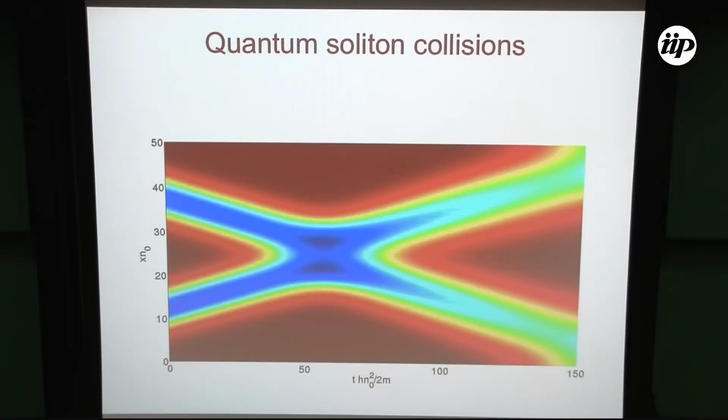Okay, so last but not least, I just want to show that we can also use the same technique to study soliton collisions. So again, this is full solutions of an interacting system with, I think in this case, 50 particles from the Bethe ansatz. One thing that you can see here is that in the collision, you see the spreading of these wave packets, of course, but you also see that there is an offset,